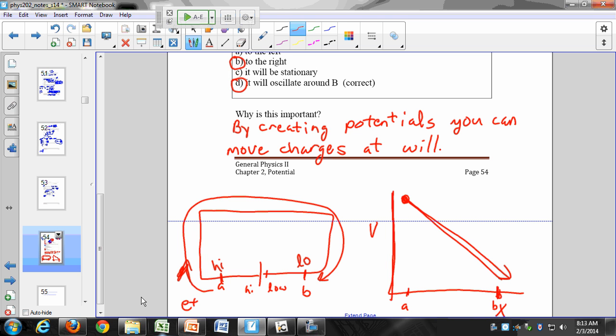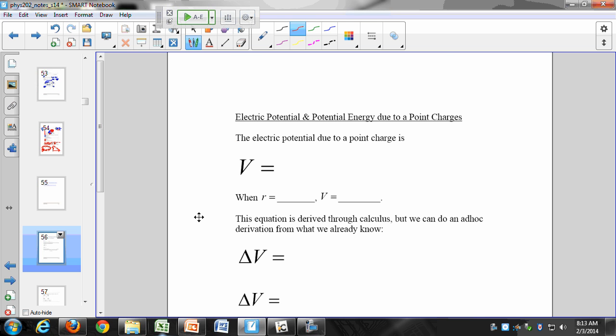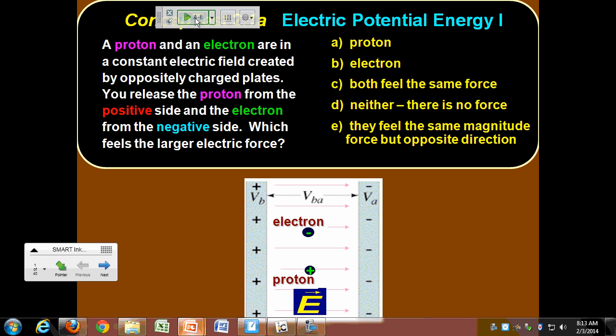All right. Let's see. What's next here? So if you're in the lab, you played with these. You can go and look at these on your own if you like. They're kind of fun. You can play around with charges and fields, and you can draw equal potential lines and what have you, which we'll do later. Let's try some of these questions. These are in the back of your book if you want to follow along there.